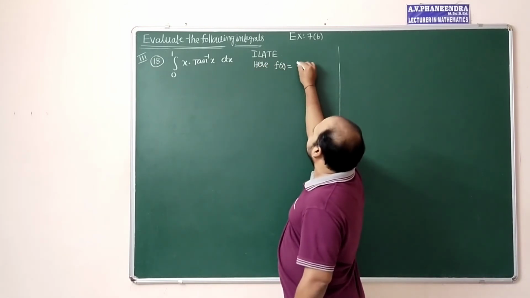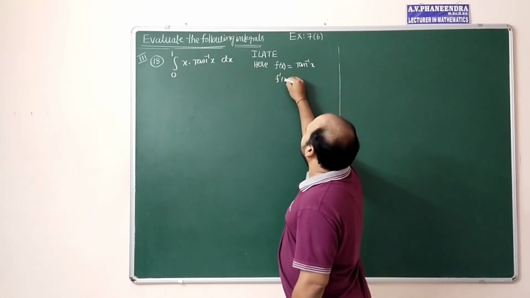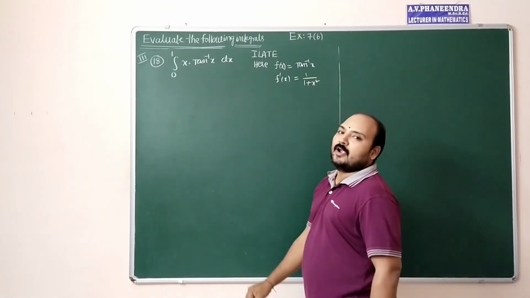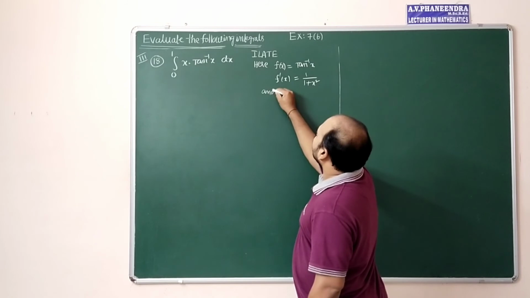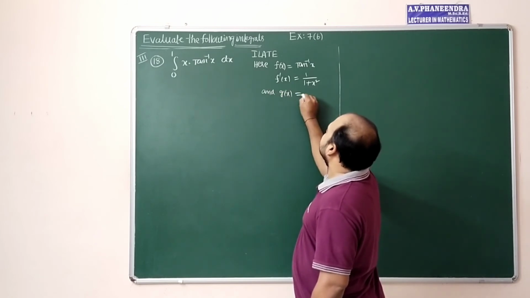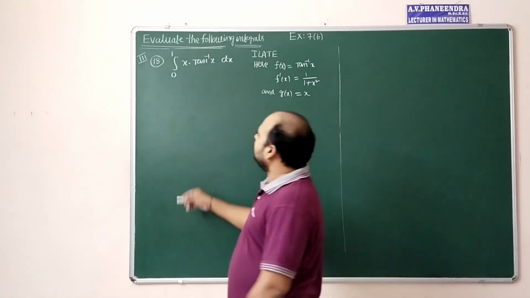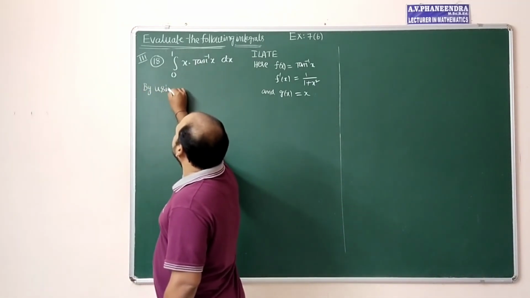tan inverse x, and differentiate with respect to x, f dash of x is equal to 1 by 1 plus x square, and g of x as remaining function, g of x is equal to x. By using integration by parts,